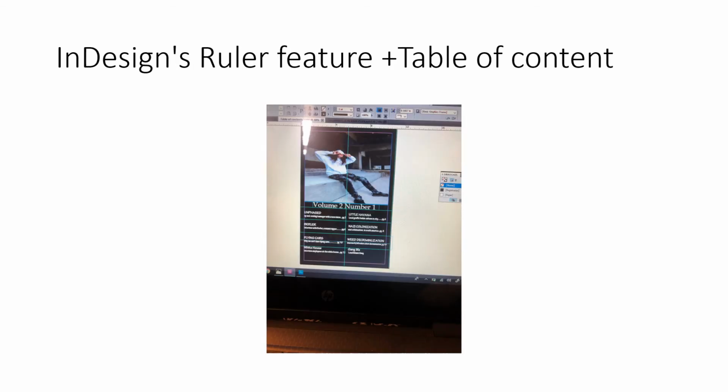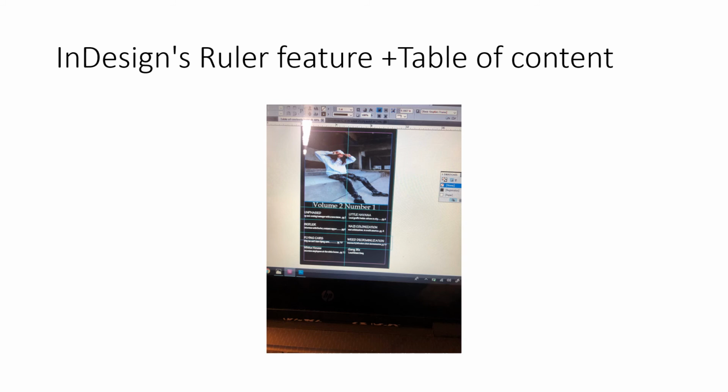Also, while using InDesign, I was typically getting really frustrated because I didn't really know how to organize all my text and everything on my table of contents, but I managed to get around to it and learn that you can change the rulers from picas, I think if I can recall, to inches or centimeters or meters, which is a big difference. And I changed it to inches, and this cover, for instance, was 11.5 inches, and I just divided 11.5 by 2